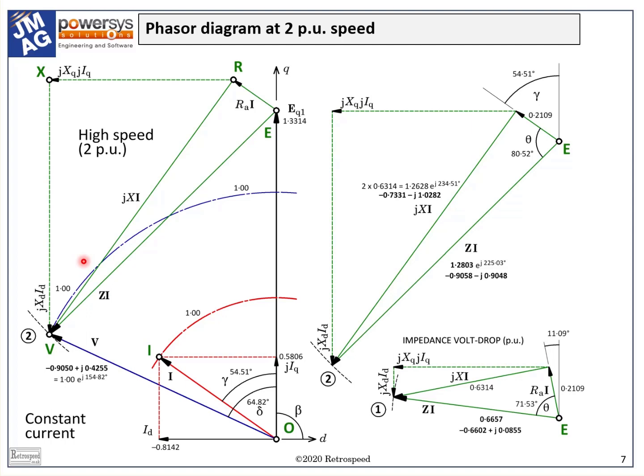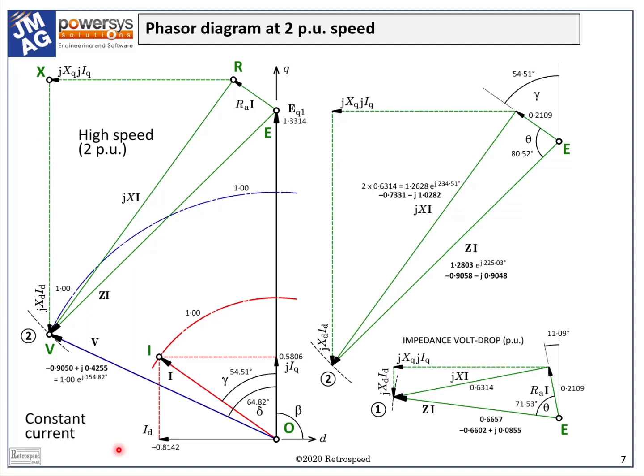So what we've ended up with is a rather nice example of the phasor diagram in a flux weakening condition. It's flux weakening because the d-axis flux that generates the EMF OE is opposed by the flux that generates the voltage drop XV. And this is entirely due to the negative or demagnetizing d-axis current Id. In fact, the resistive voltage drop and the voltage drop RI don't help because they're tending to push the operating point away from the voltage limit circle.